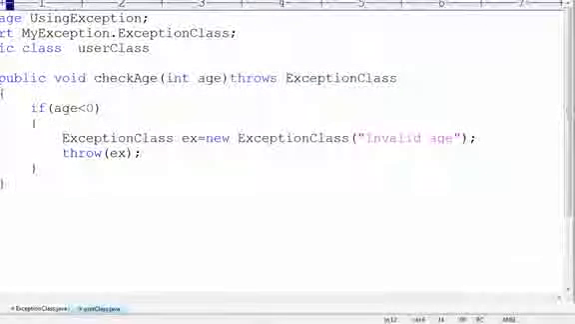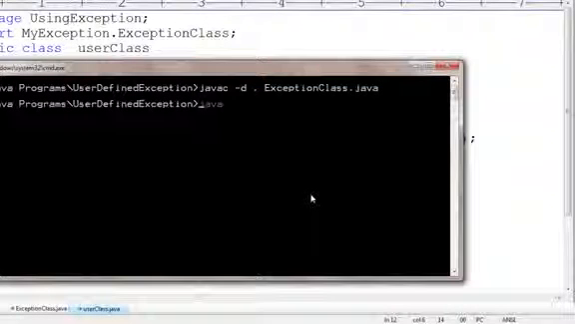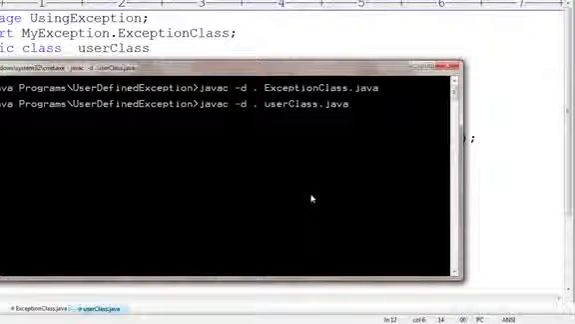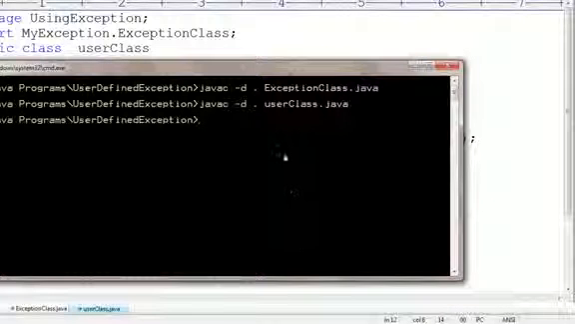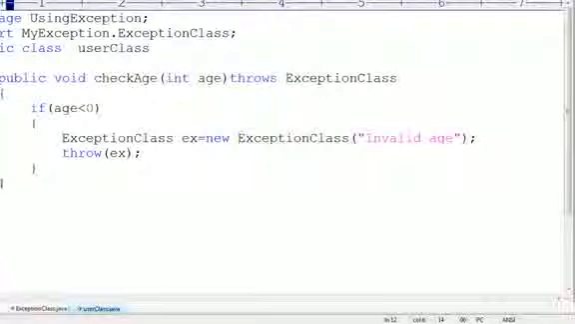And I will compile this file again. Java C-D, and this is also a package compilation. User class dot java. So it has compiled without any errors, and this is the second phase in the project development, and the